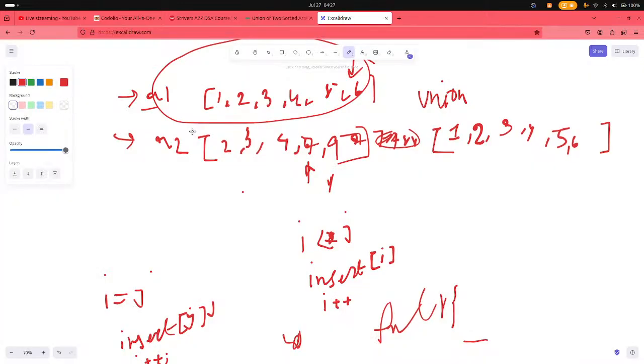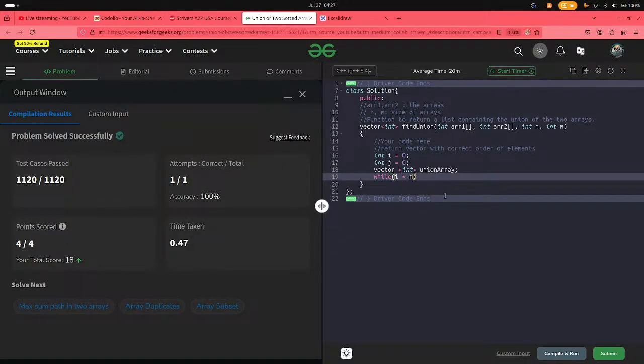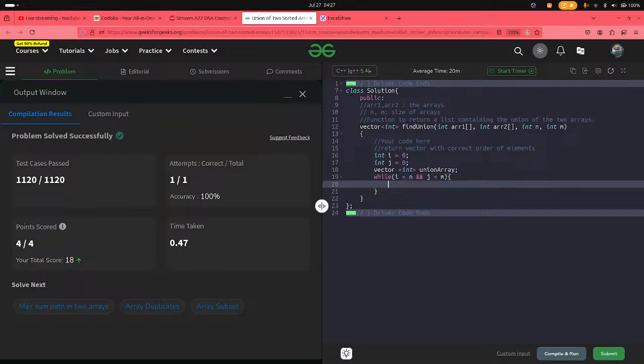That means what? I have completed array 1 or I have completed array 2. If there is an element in array 1, if there is an element of array 2, awesome. And then j is less than m. Awesome. If array 1 of i, understand this very properly, is less than or equal to array 2 of j,